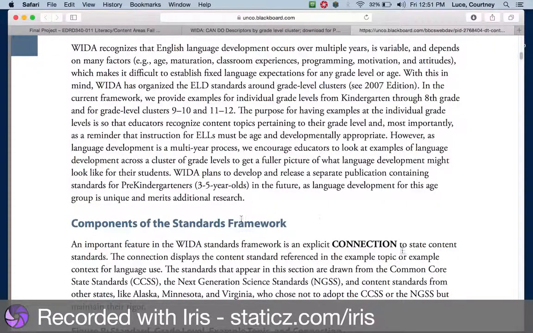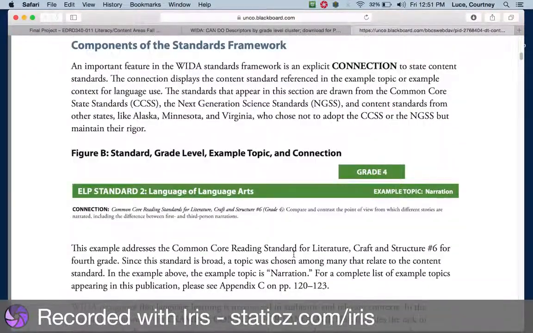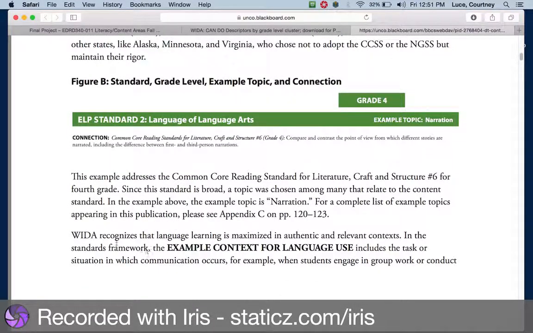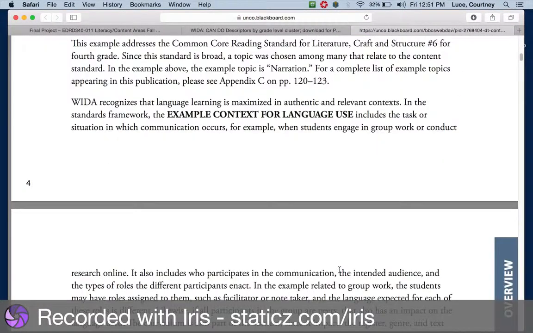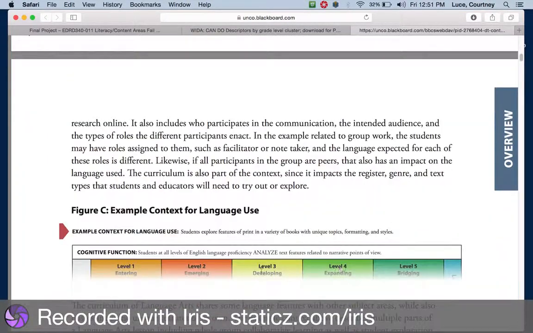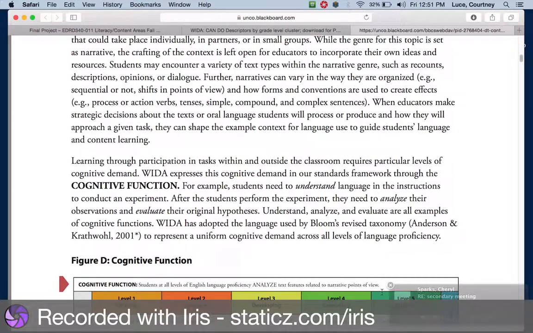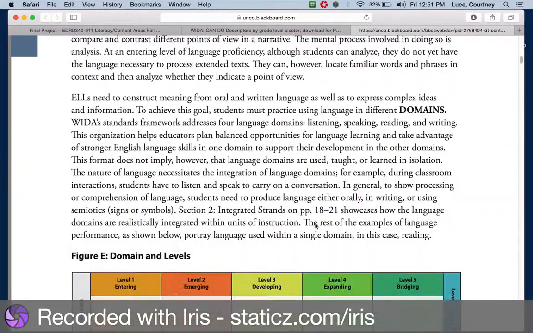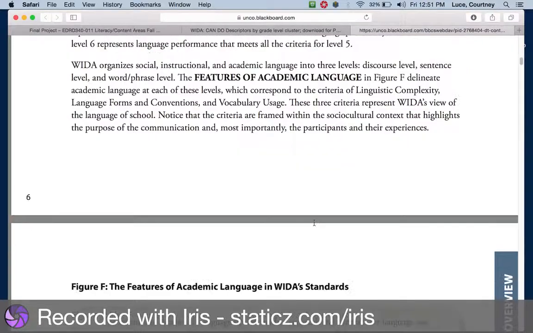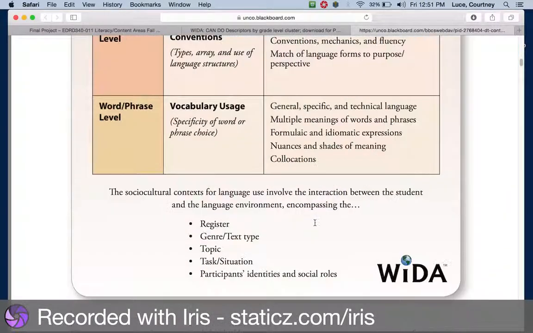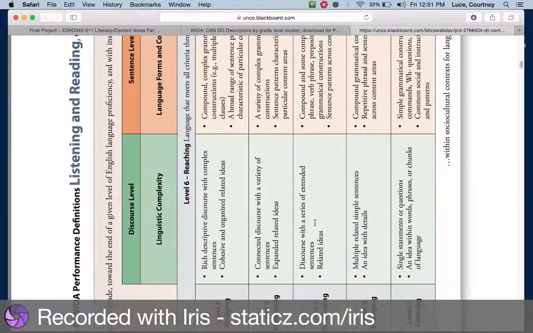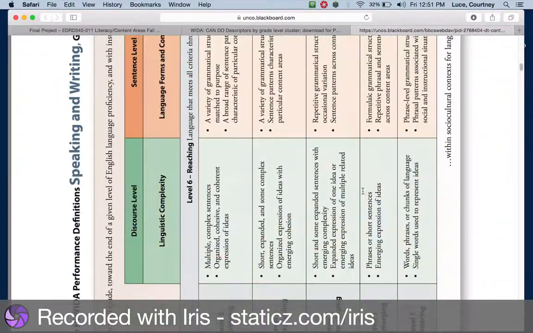It explains that the connection is the state standard. For the example context for language usage, it gives you the definition and a sample of how to create that right here. And like I said, this one's significantly shorter than the one we had for language arts. It gives you the cognitive functions, where those should fit, and how we come up with those, and the different domains and levels and all of those pieces that I just went over. One of the nice pieces about this document is that, I'm just going to keep scrolling down, I'm almost there,